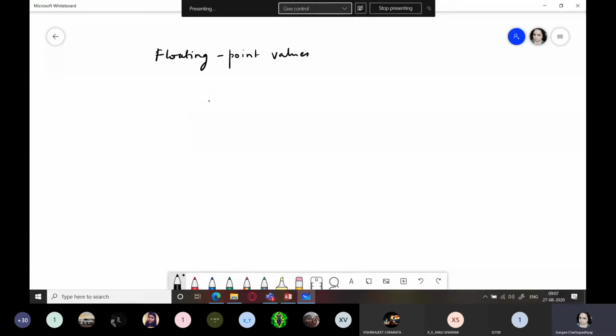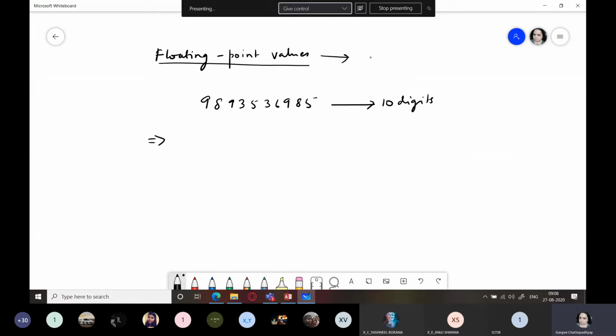If I write something like, good morning, ma'am, total, how many digits are there? 10 digits. Now if I have to specify this in the form of scientific notation, in which form does Access usually store floating point values? Mantissa and exponent form. And that is the scientific notation which you have studied.